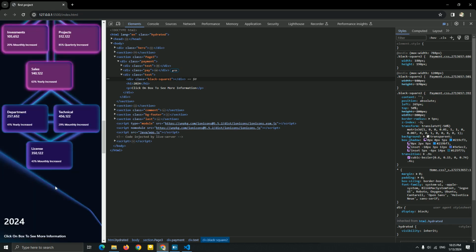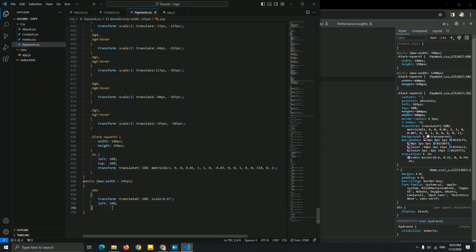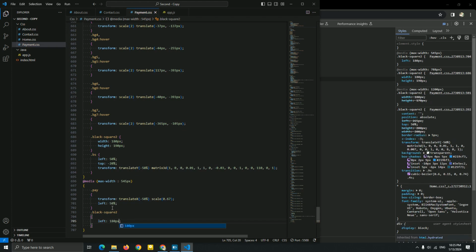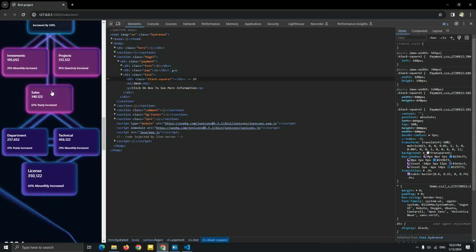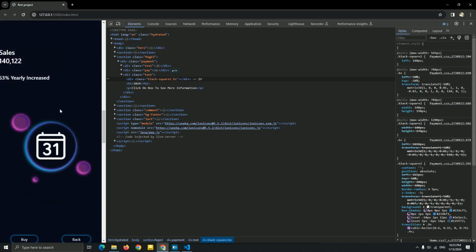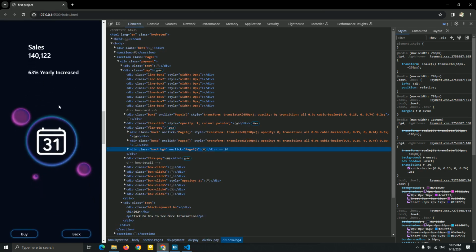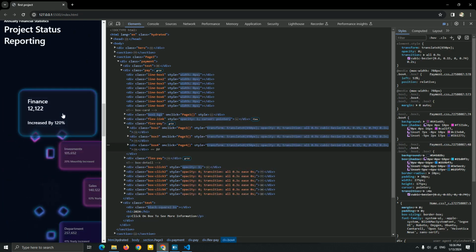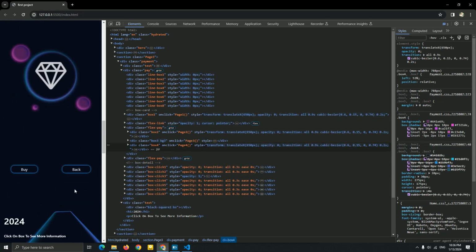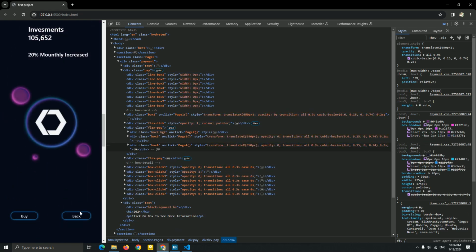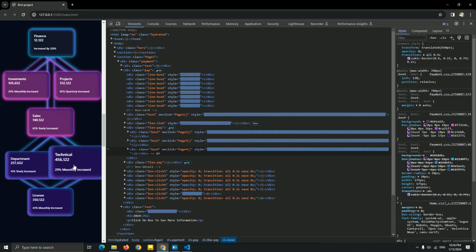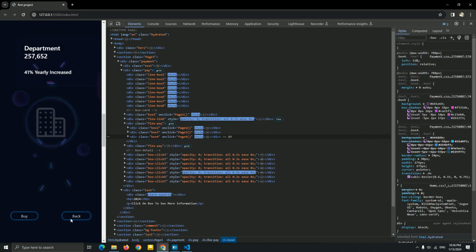Now let me just add this black square 2 to just do it very fast. Black square 2, I'm gonna add left 180 pixel. Okay, this is everything for this media of this payment page, as you can see right now, guys. And we have a problem. Let me see. Oh, I'm gonna add this. Now let me see it again. Okay, let me just check everything if we have any problem. Okay, I think this is everything for this.